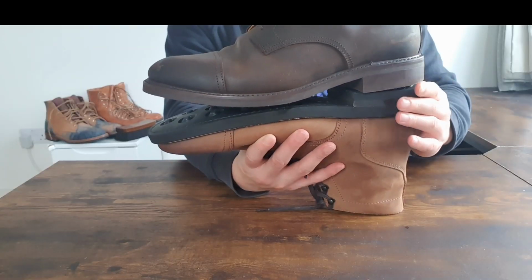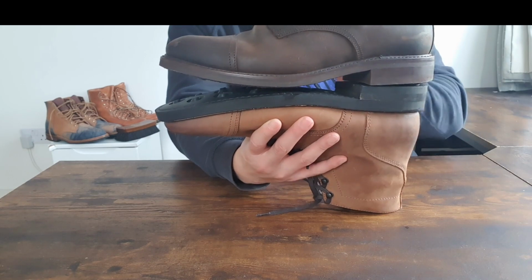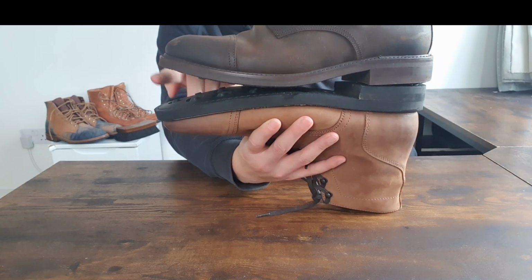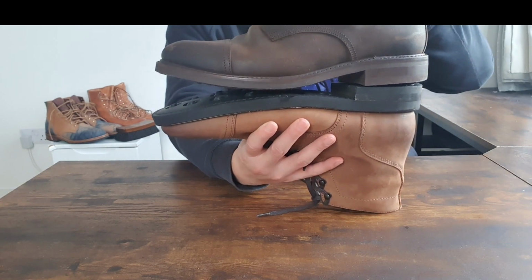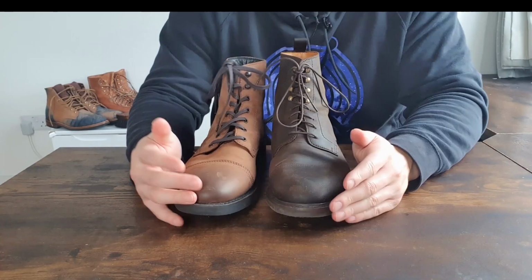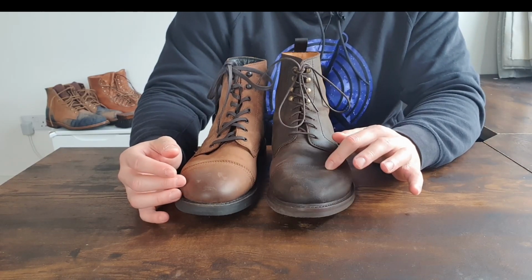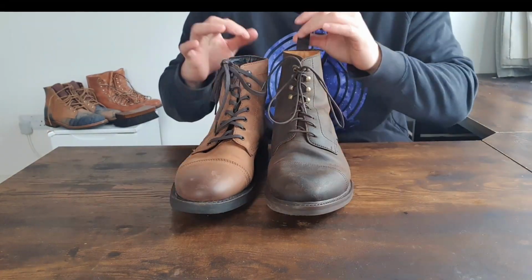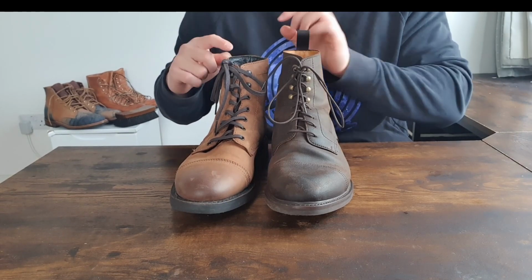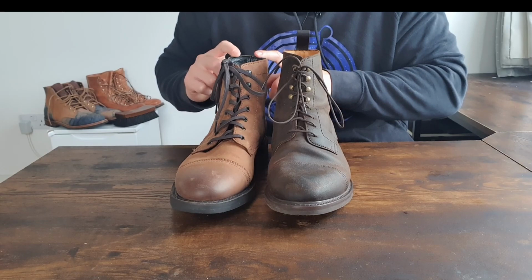The Thursday boots are long in the sense that this is UK 11, which is around US 12, and you can see that Thursday boots is still longer than Berwick, which is a bigger size. So Thursday boots is very much longer than any of the boots that I have, even though the size is US 11.5. Someone commented in the comment section saying that going up a width doesn't help, but it's just ridiculous